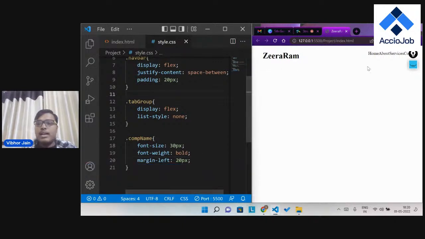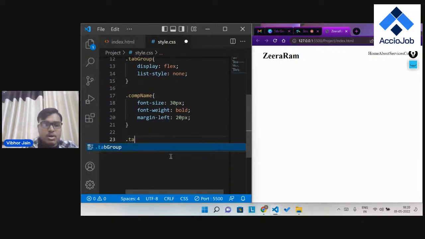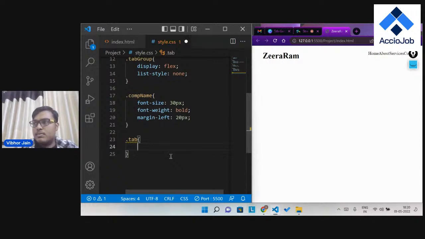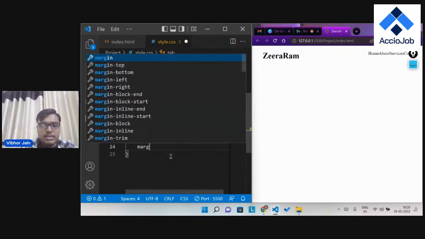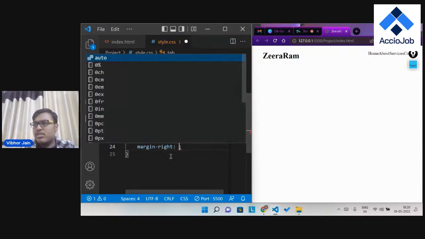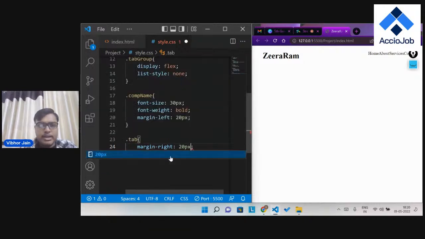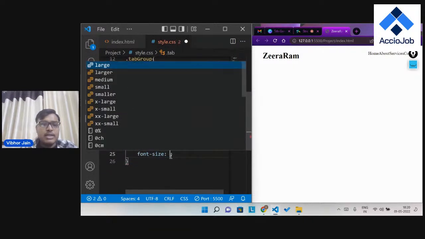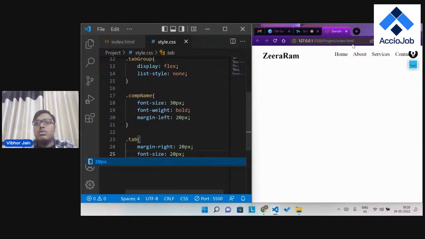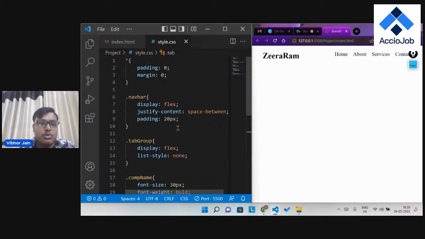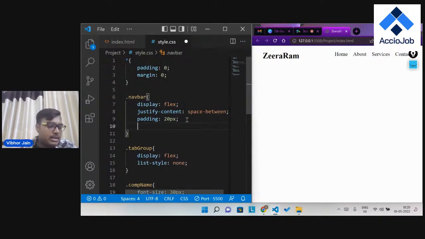Now for my list items, I want dot tab to have some margin, let's say of 20 pixels, and font size of 20 pixels. So this is how my navbar kind of looks like. Now what if I add